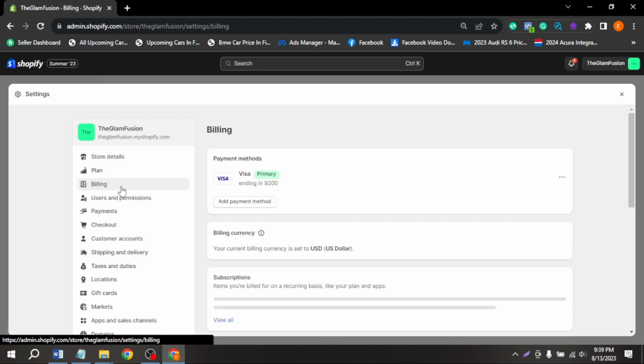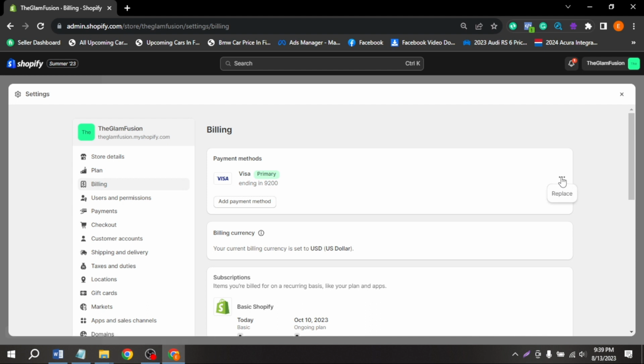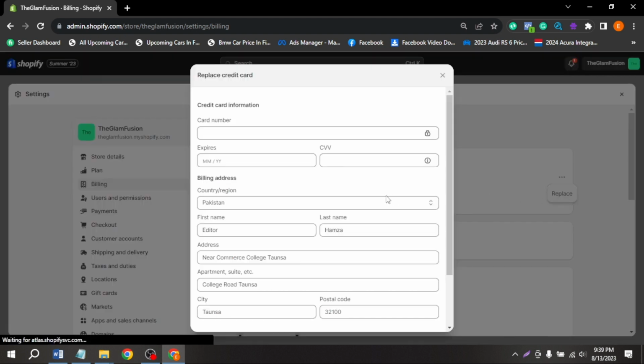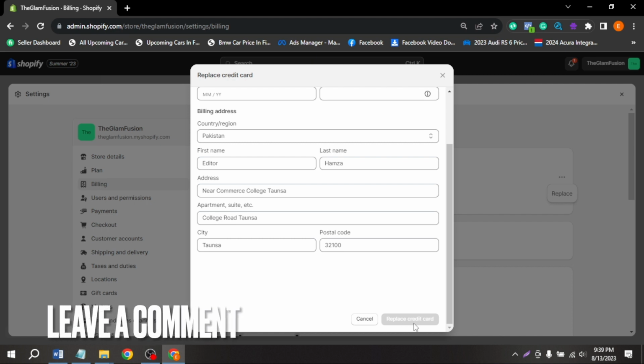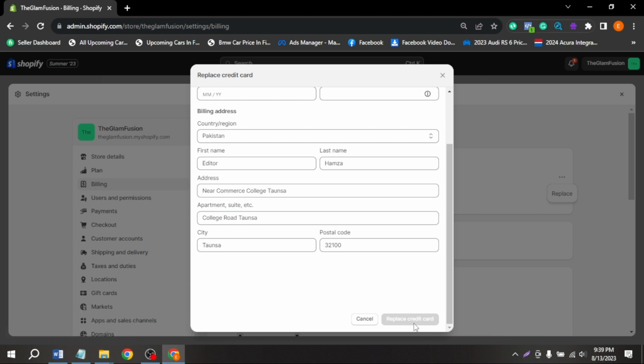Now you are seeing payment method. There are three dots in front of payment method. Click on it. Click on replace. Add card details and then click on replace credit card. There you go. If you wanted to know how to change payment method in Shopify store, that is the easiest